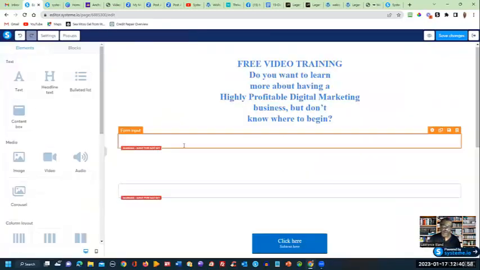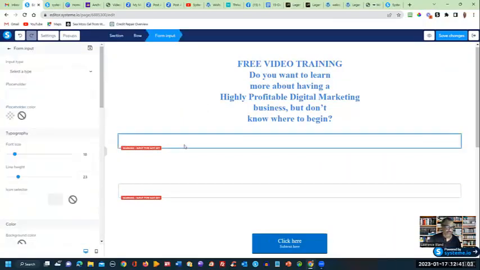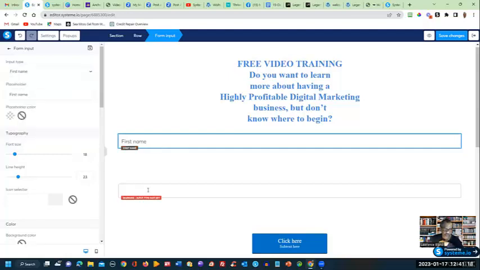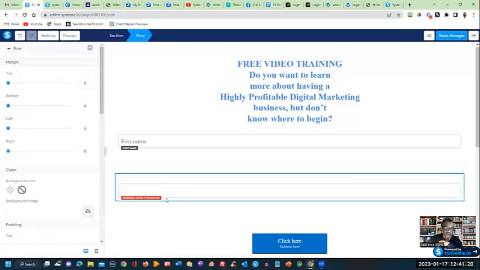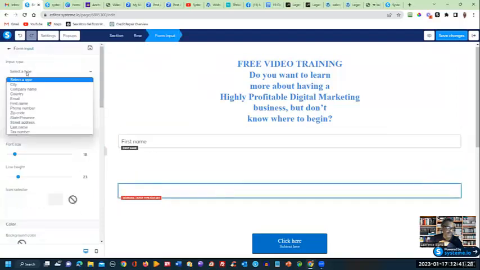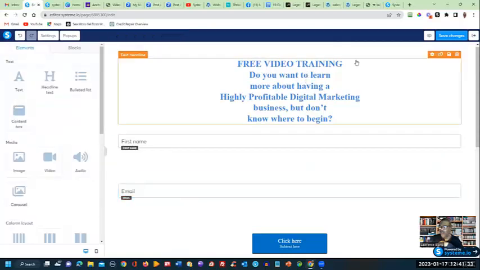Oh, another thing, notice I tried to save it and it said I couldn't change it. I couldn't save it. So once you select the input, you've also got to select what type it is. Notice it said what type of input. So this one is going to be a first name. And this one, I'm going to click on it. Notice, again, it says I'm selected right here. And so input will be an email address. So I'll just put email. Now, once I save it,